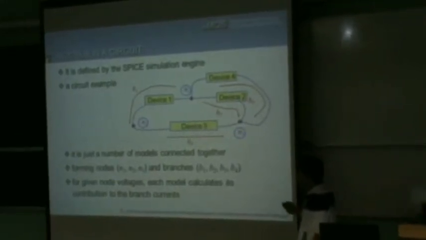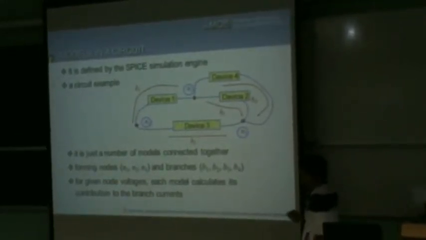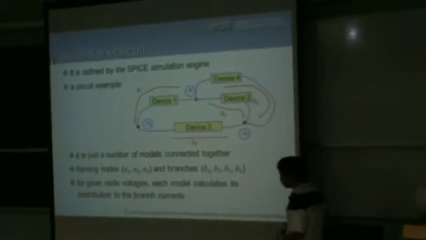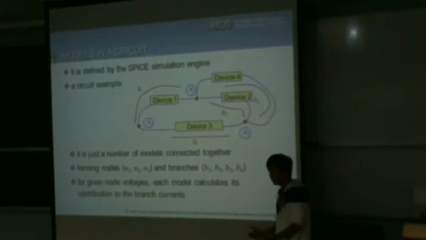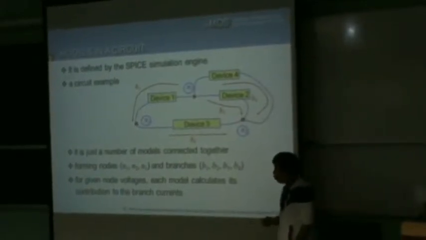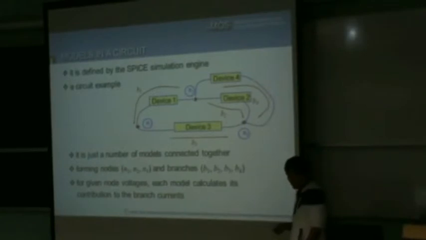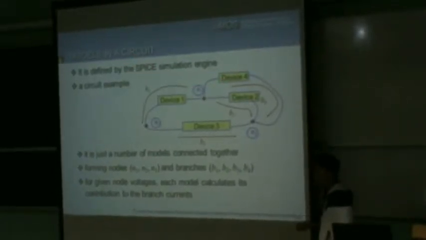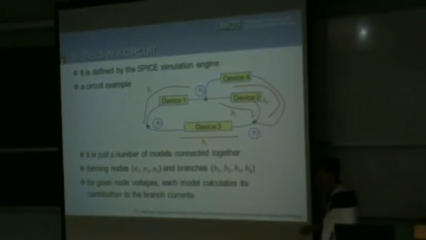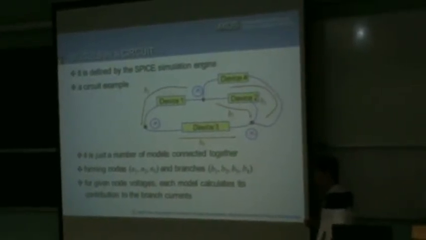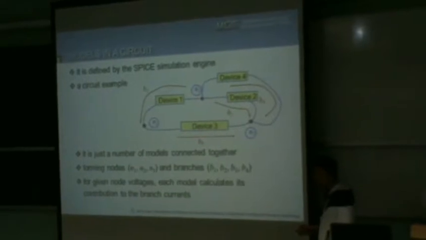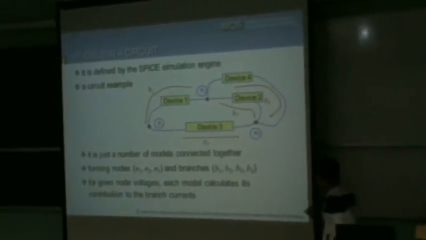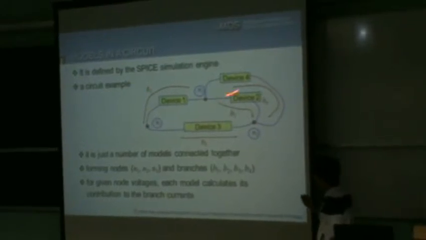Currently, the simulation engine is defined by SPICE. So when we develop a model, we have to make it applicable for use in SPICE before it can be useful. Otherwise, it's just a whole bunch of equations. They are not very meaningful at all. Of course, SPICE right now is not perfect, and it's also very restrictive to me. SPICE was developed about 30 years ago, and I don't see much improvement over the 30 years. So maybe we need a new simulation engine. But before that happens, we still go with SPICE.